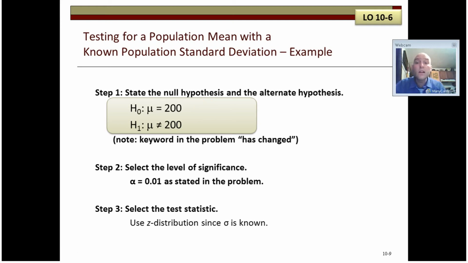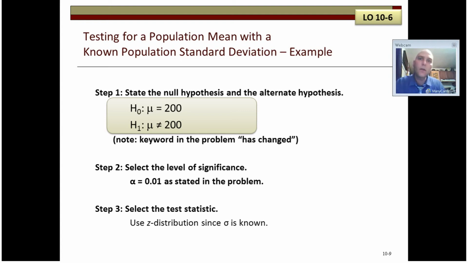Step 2, select the level of significance. Well, 0.01 is stated in the problem. Select the test statistic. In this case, we use the z-distribution. When we're doing tests of a mean, and we know the population standard deviation, we know sigma, then we're going to use the procedure which involves the z-tables. When we don't know sigma, and we only know the sample standard deviation, we have to use a procedure that